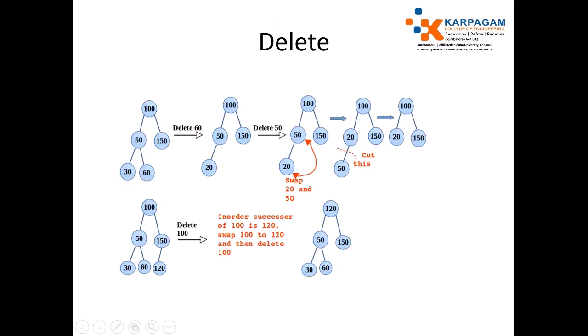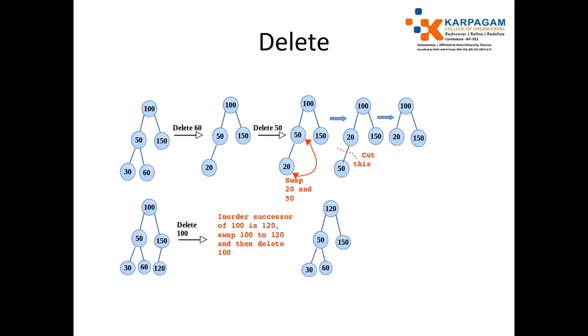Okay. The next operation is deleting an element from the binary search tree. Before that, I need to tell some constraints. While deleting a value, we need to consider different aspects. For example, the element to be deleted may be available in a leaf position or an internal node position. It may have a left child, a right child, or both children, left side as well as right side. So there are 4 cases.